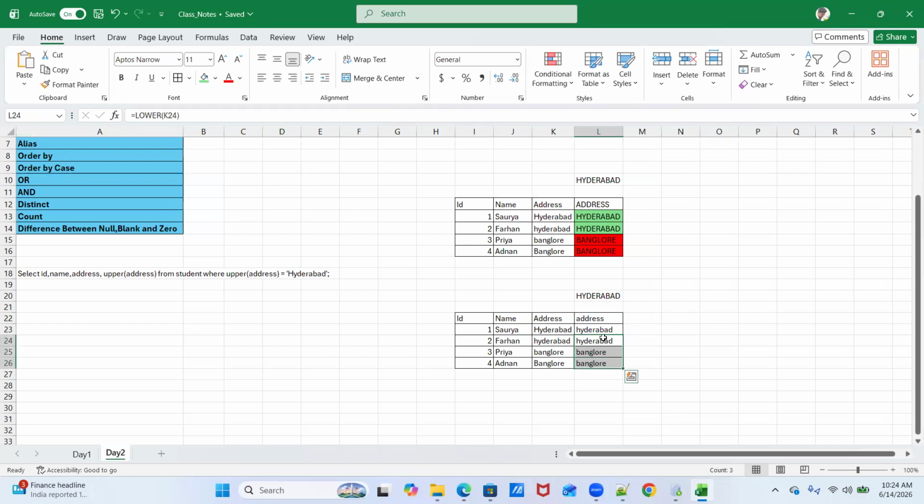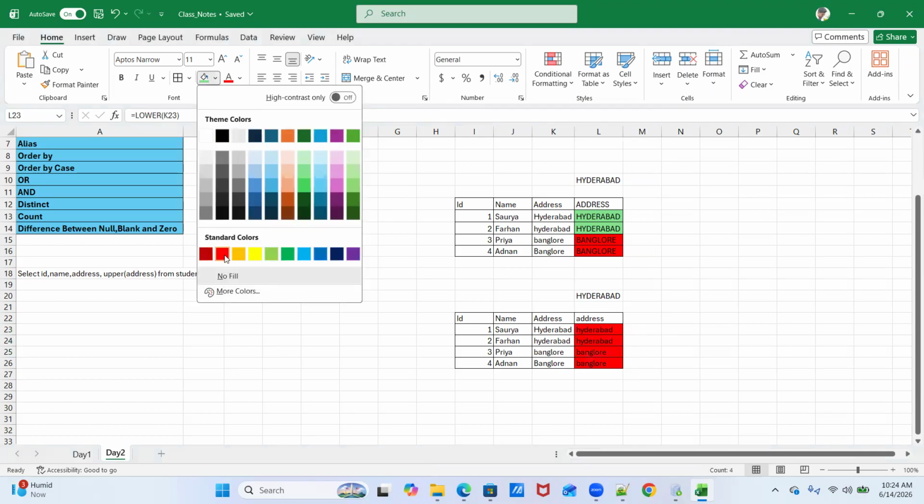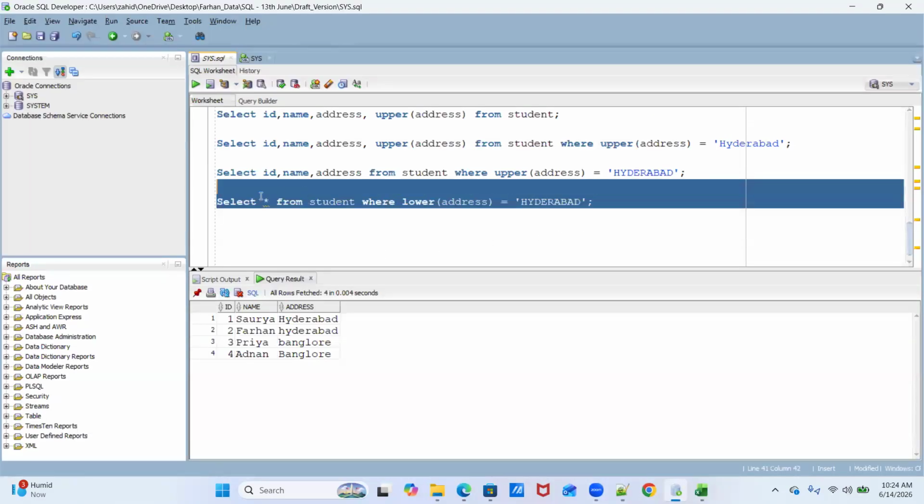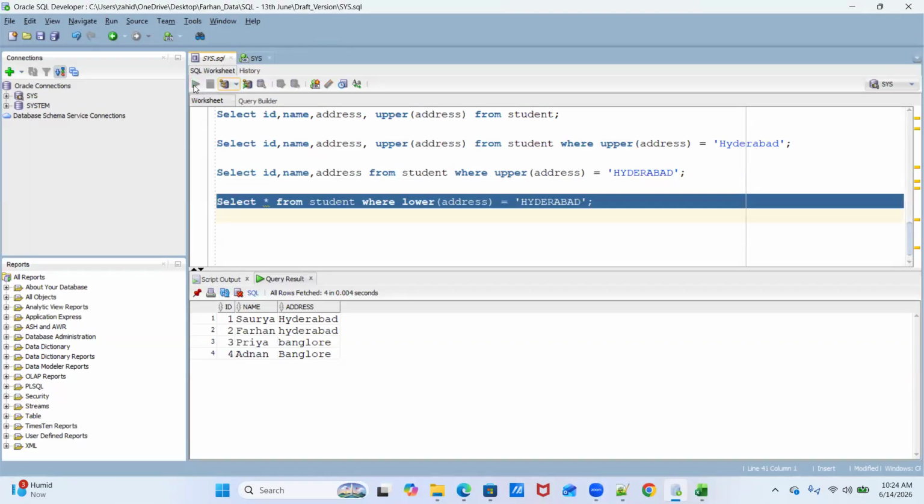Do we have any matching records for the address Hyderabad? No, right? So all these records will be rejected. If I execute it, you'll see no records.